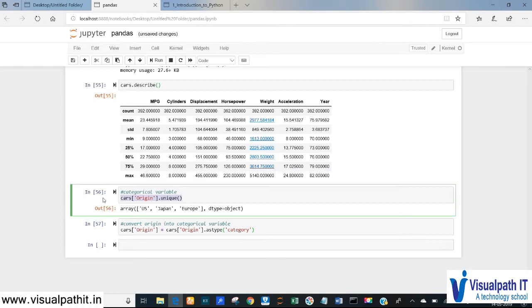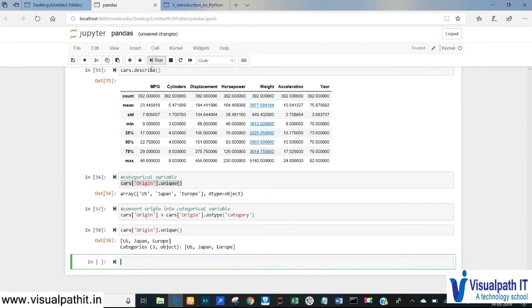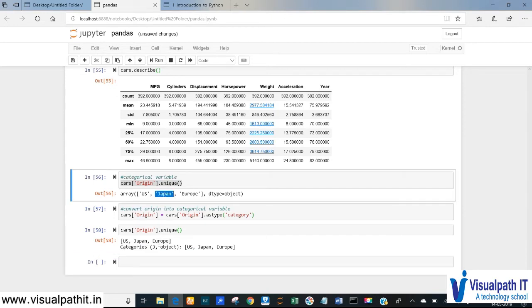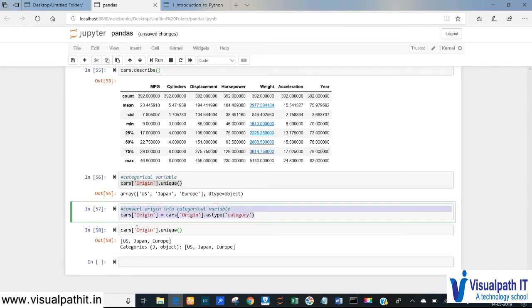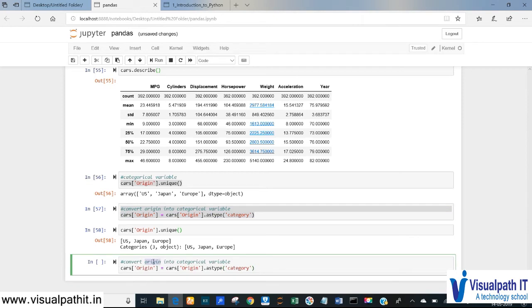Now let's check this. See the difference between this output and the output before we converted into a categorical variable. It says clearly three categories: US, Japan, Europe. So you have to convert whatever variables are required into categorical. So let's convert cylinders